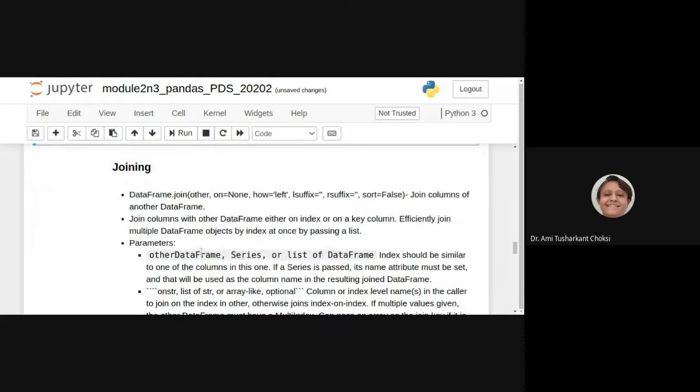Now we want to know about the join operation. DataFrame.join(other, on=None, how='left', lsuffix='', rsuffix='', sort=False), right? These are the parameters.